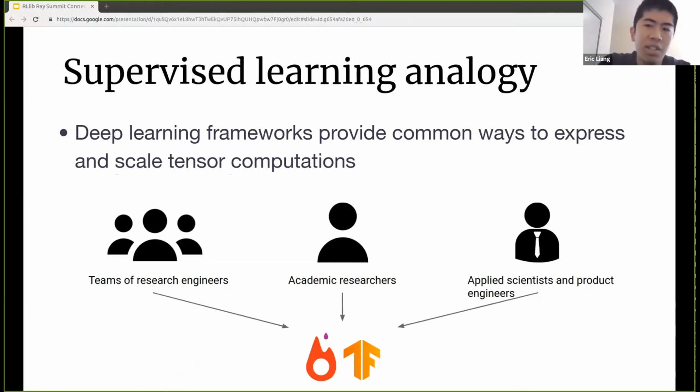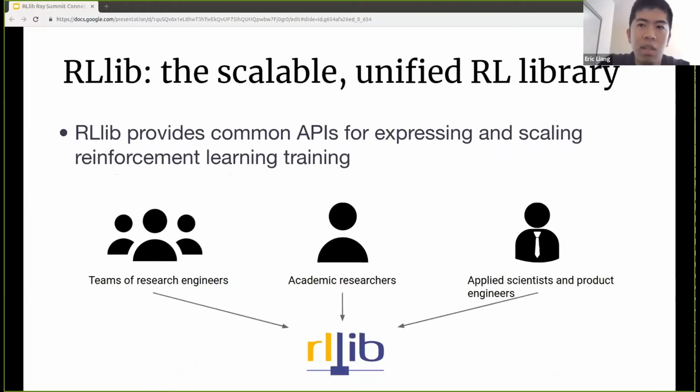To draw an analogy with the supervised learning world, deep learning frameworks provide common ways to express and scale tensor computations. And basically all types of users use these common frameworks for their work. RLlib is serving the same role for reinforcement learning. It provides common APIs for RL, no matter your use case.